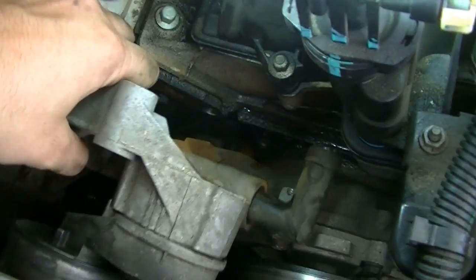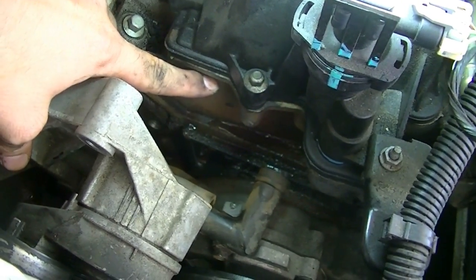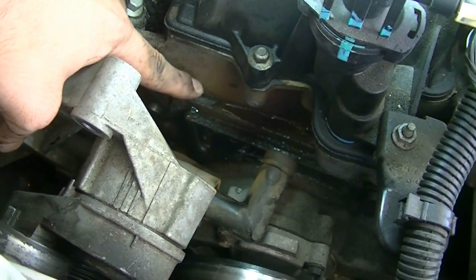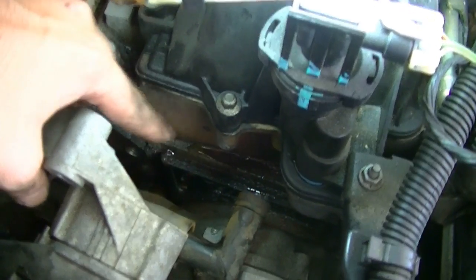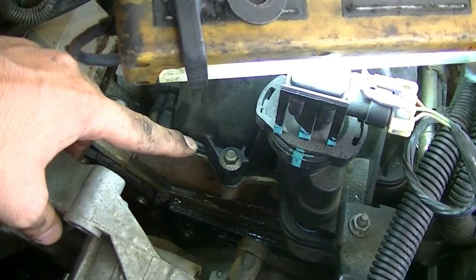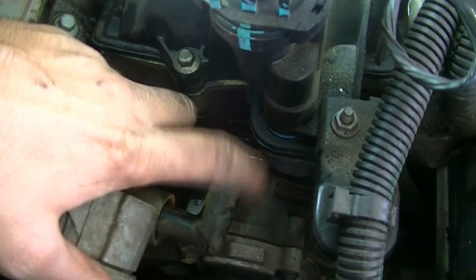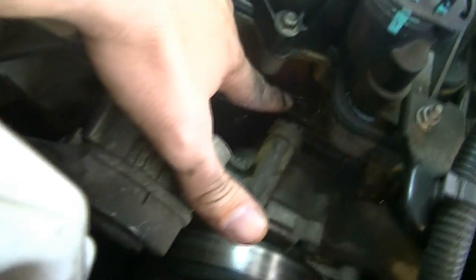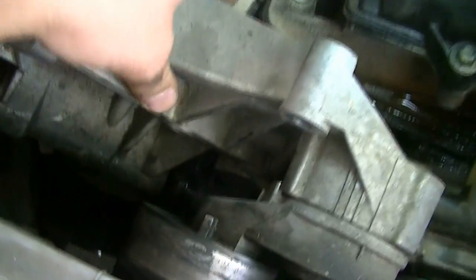Okay, so now we just set the tensioning assembly aside, and as you can see, there are signs of coolant leak everywhere. This is higher than the lower intake manifold, so I'm going to assume this upper intake manifold is also leaking. But while in there, I'm just going to remove and replace everything. I'm going to replace the upper intake manifold gasket, the lower intake manifold gaskets, and I'm going to replace these two. This one that goes into there, I don't know if you can see, and then there's another plastic one,